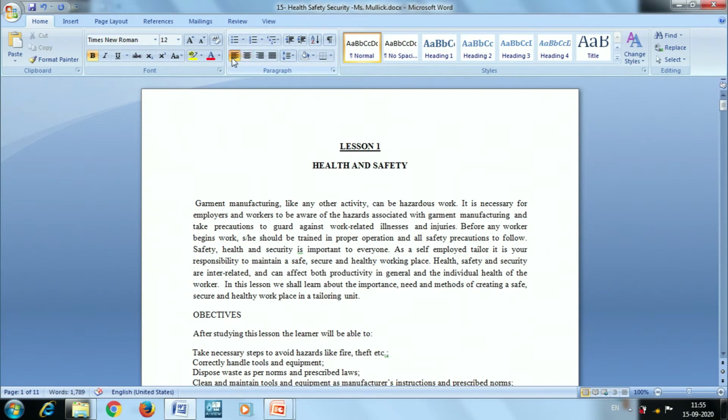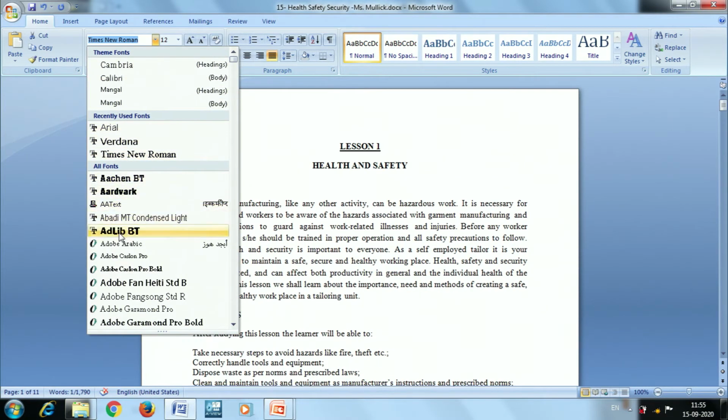The introduction heading will be for this particular paragraph. This text size, I feel like it is a little bit small, so I want to increase it. For that, this is the font name. Here I can click any of the font names.